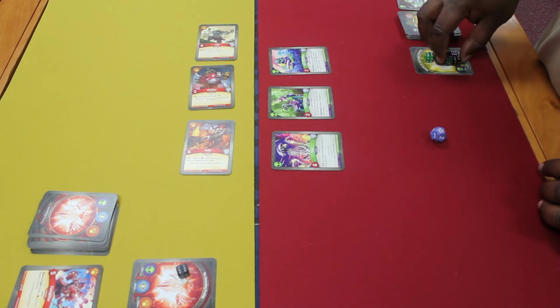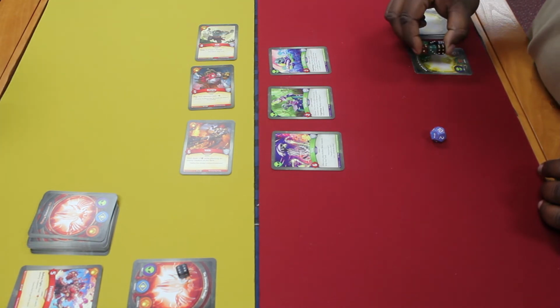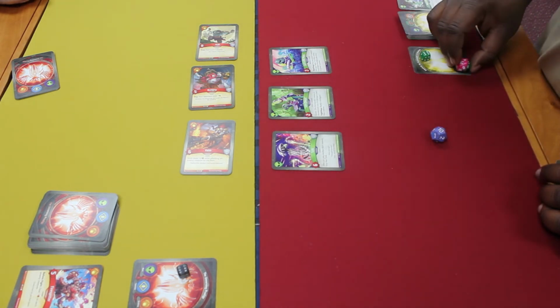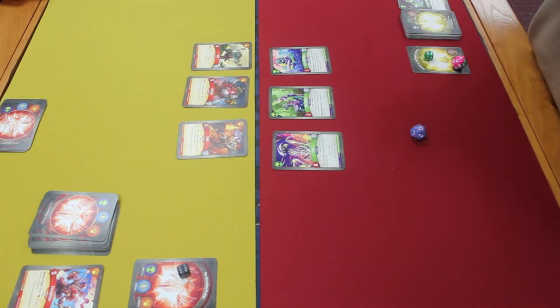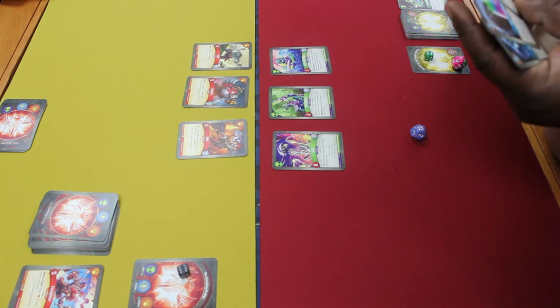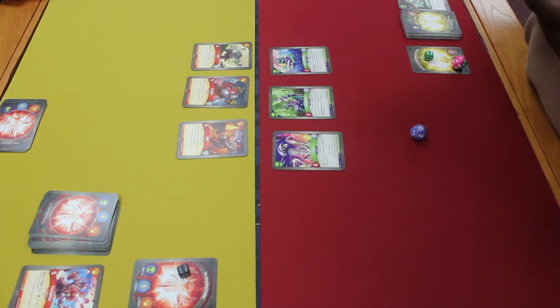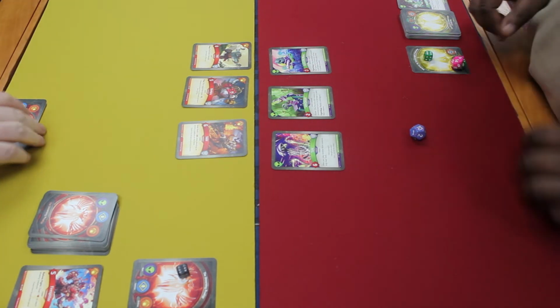Alright, so it's the beginning of my turn. I have 6 amber. I turn in those 6 amber, and I get my first key. Okay, so there's my hand. I am going to choose...